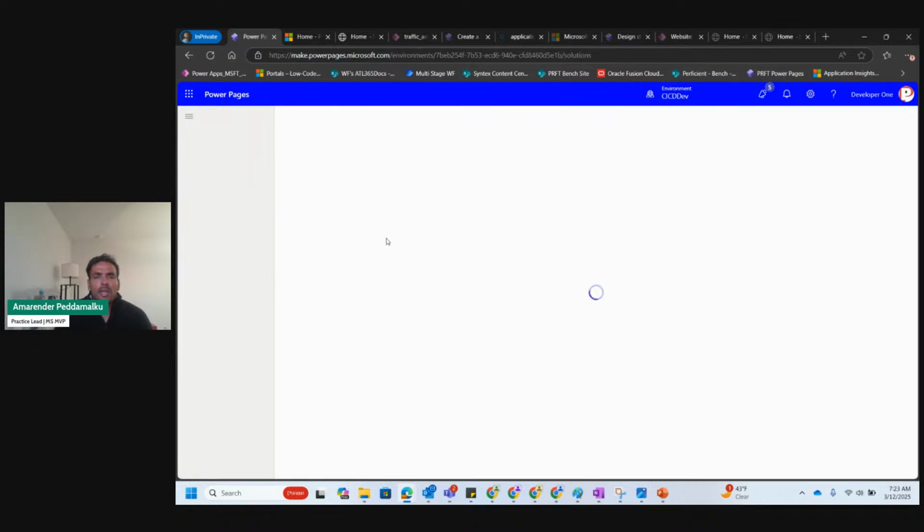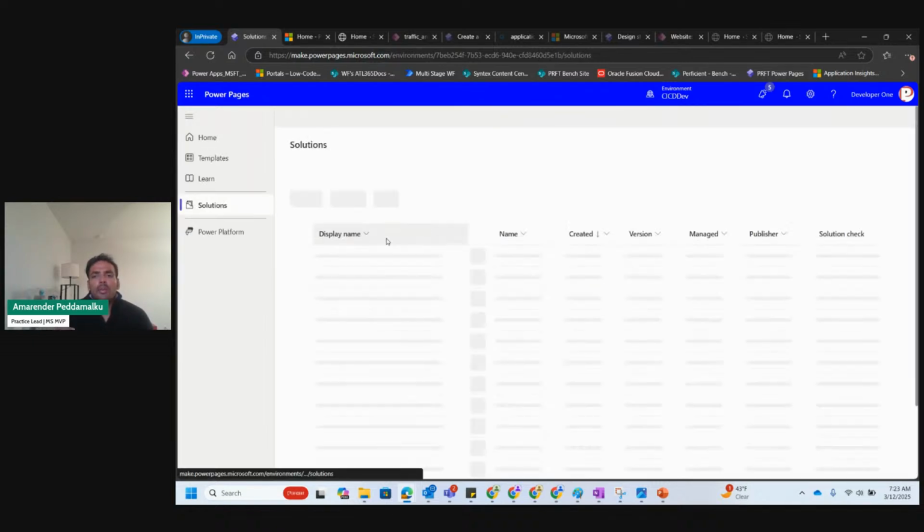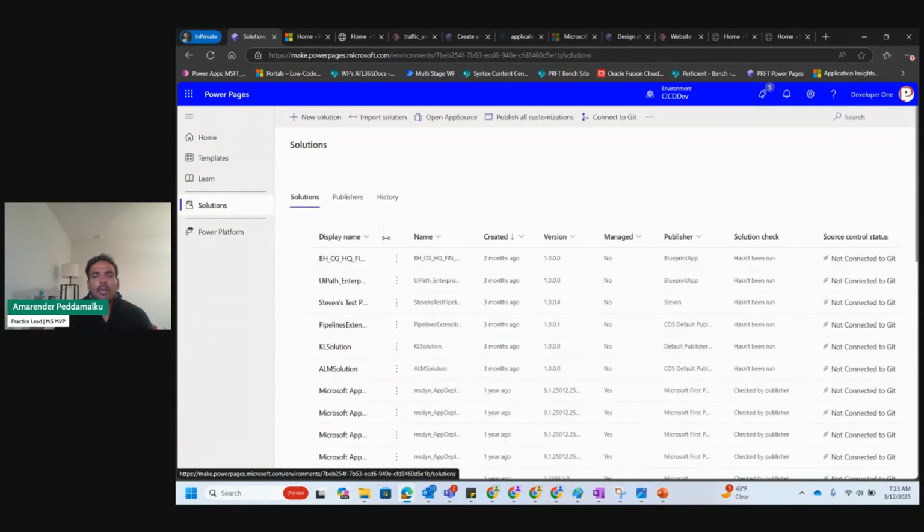And solutions is like you build the Power Pages website in one environment, and how do you deploy that to production or staging? That's a different topic altogether, but in a nutshell, you build Power Pages, and then you create a solution, add your Power Pages and all other supporting components like forms or Power Automate workflows and all of them, and you deploy the solution from dev to staging or production. That way you're maintaining different environments.